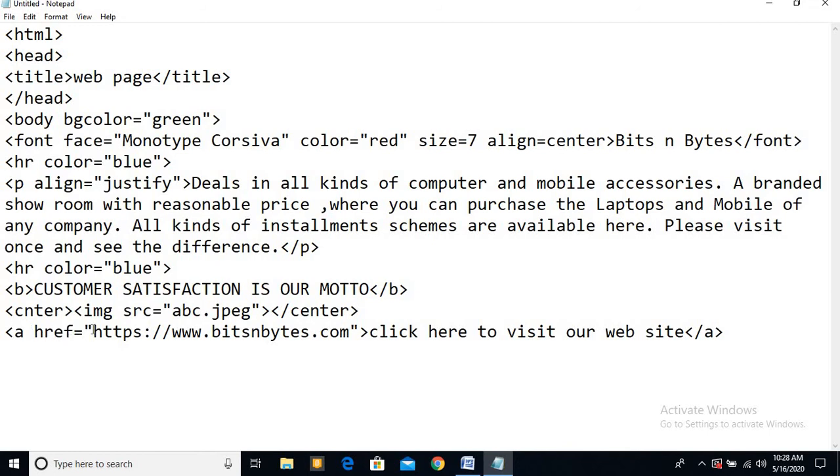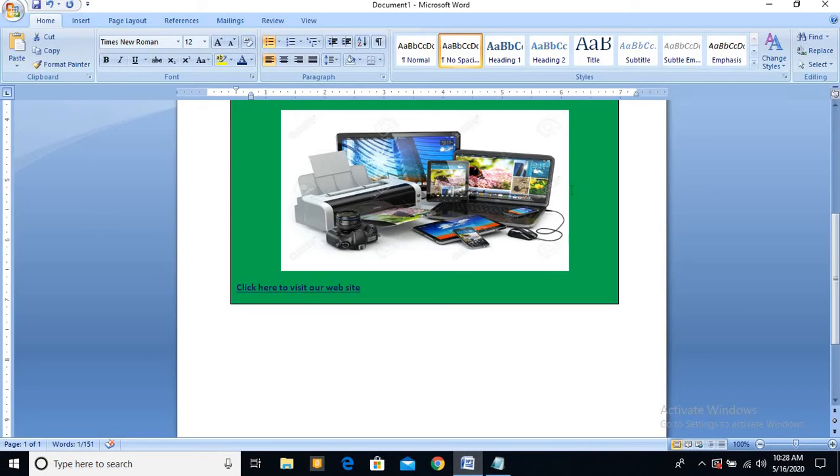Hyperreference means address, that the address you want to open on the click of this link will be given here after href is equal to, in the double quotes, the address of the website which is given in the question also.